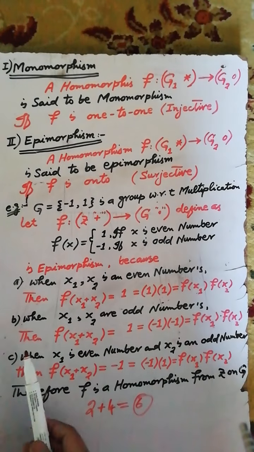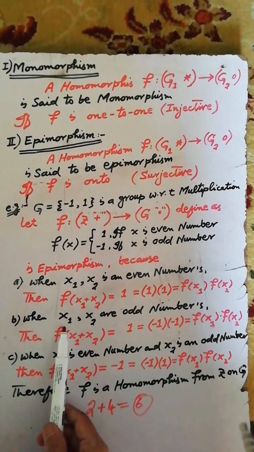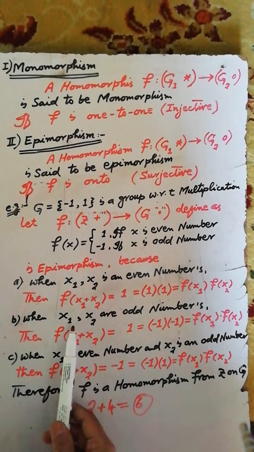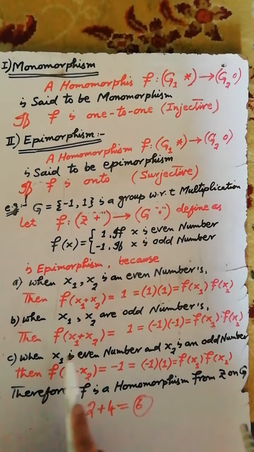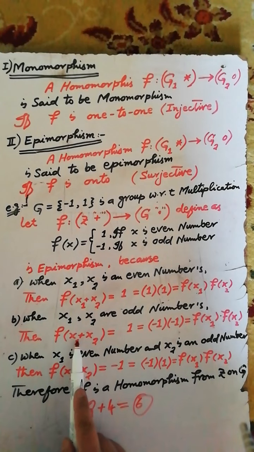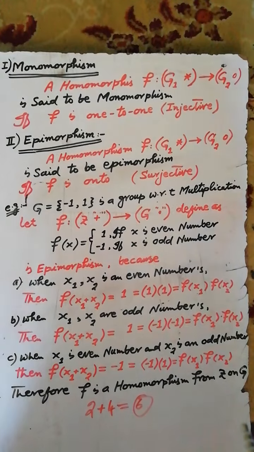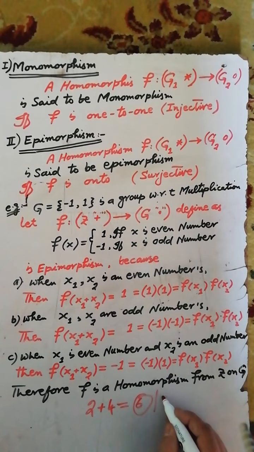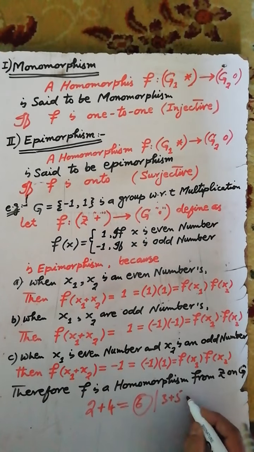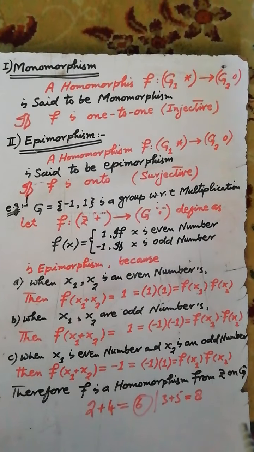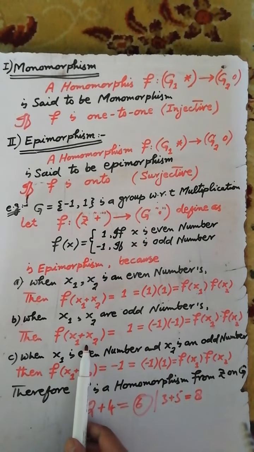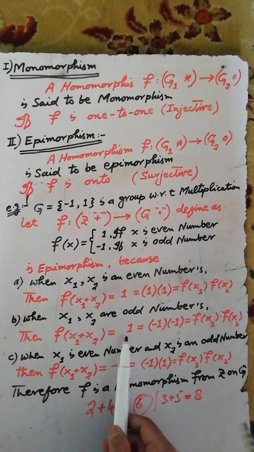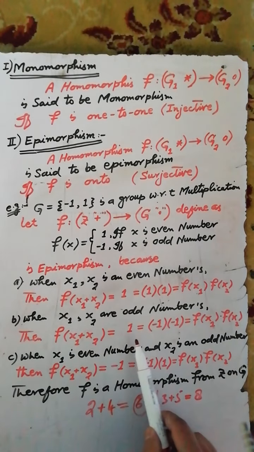Similarly, when we select any two numbers x1 and x2 which are odd numbers from the group Z, then the sum of two odd numbers is an even number. That is, if we select two odd numbers, 3 and 5, the sum of these two odd numbers is an even number. Therefore, the image of this even number under the given function is equal to 1,